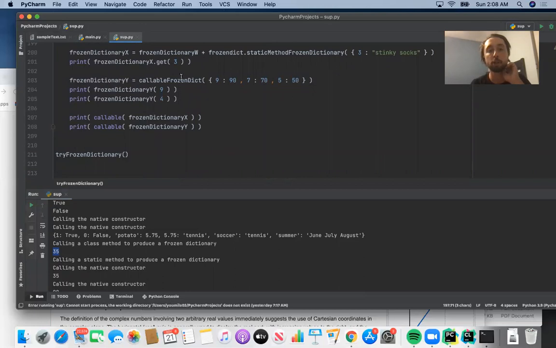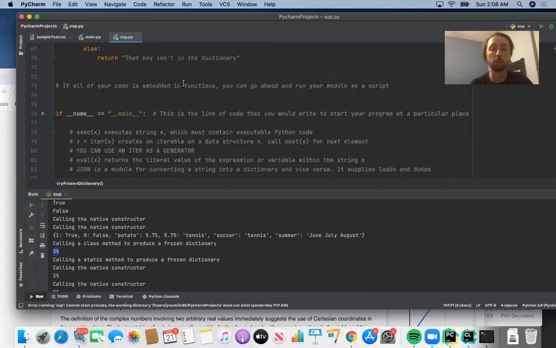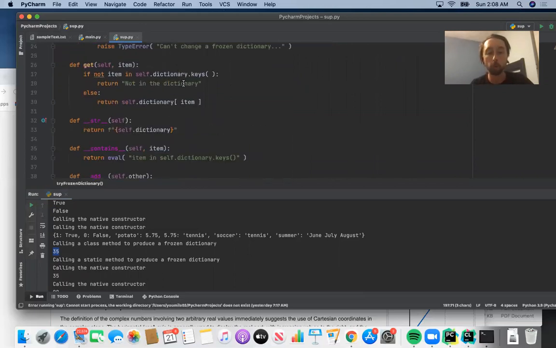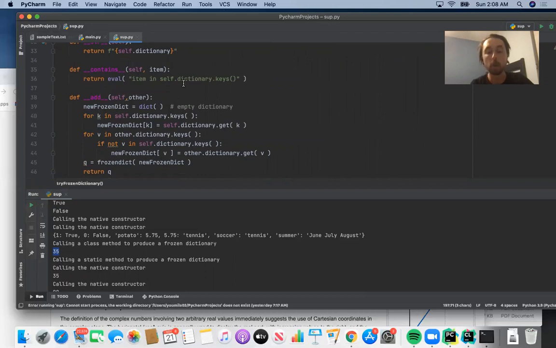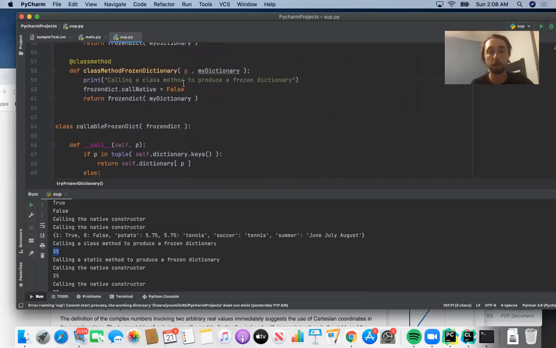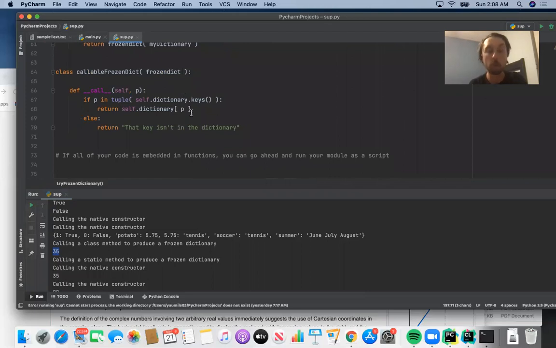And then frozen dictionary Y equals, so now we're going to talk about another magic method. In this video, I wanted to bring up another topic, and there's not going to be a whole lot to add on. I wanted to give us enough of a chance to review the JSON module and the frozen dictionary class. But basically what I'm going to do is review subclasses and inheritance.